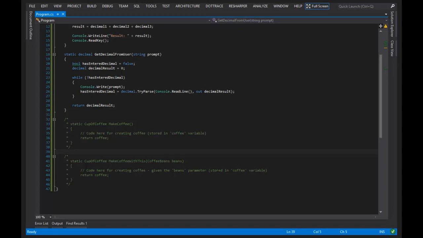And so you can see the differences with make coffee requiring no data to be passed to it, while make coffee with this requires a specific type of data to be passed to it. So hopefully that'll be helpful for some of you guys, and